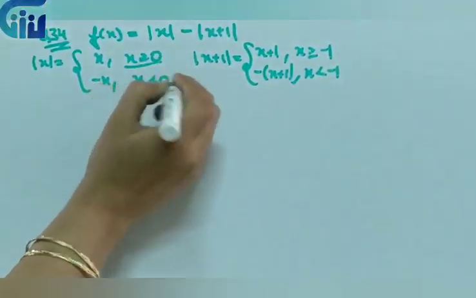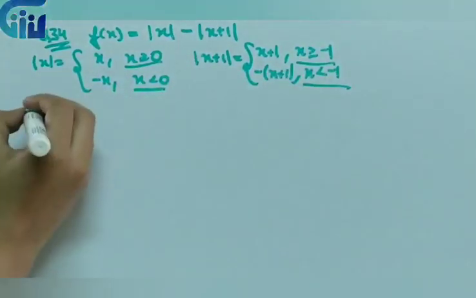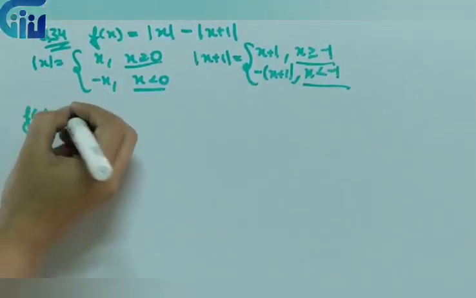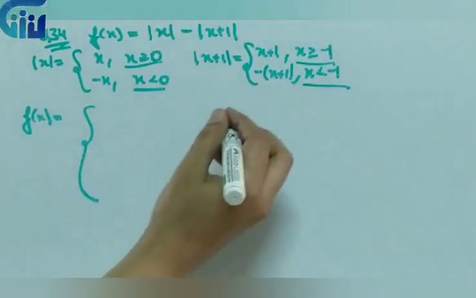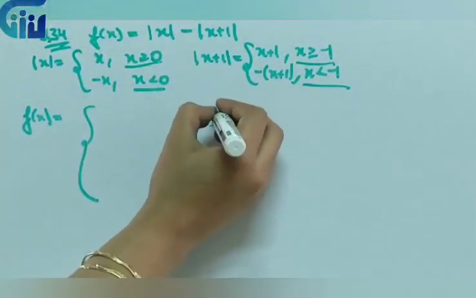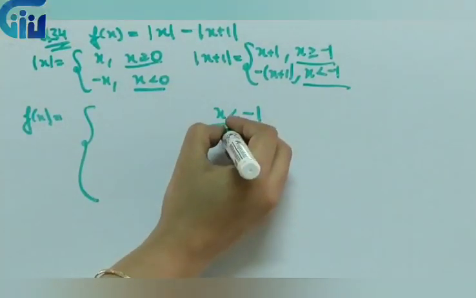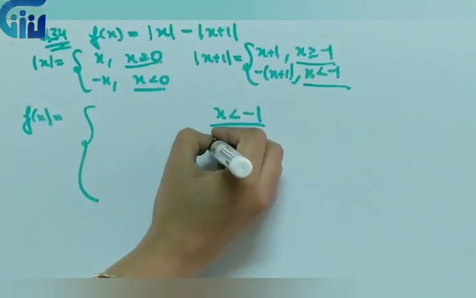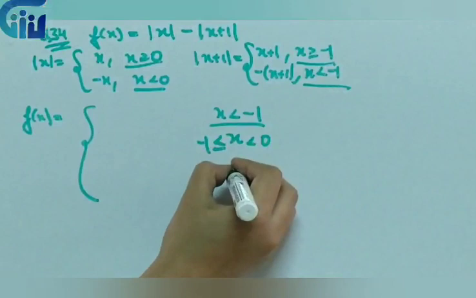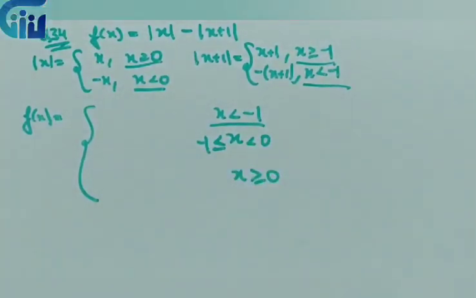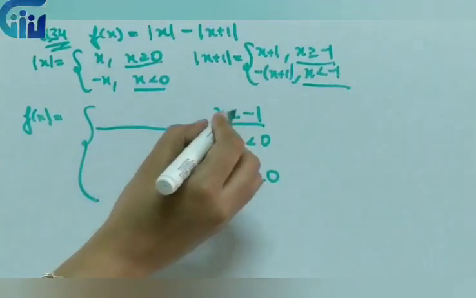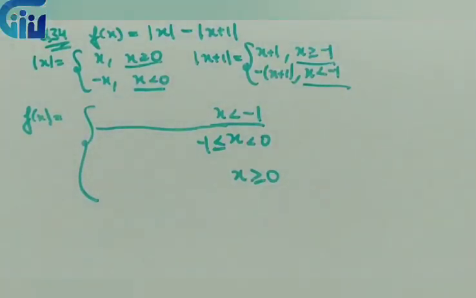So now we will see these 4 conditions. Out of these 4 conditions, since we have to redefine our function, what do you feel is the smallest condition? Yes, you are right. x is less than minus 1. Now, the next condition will always be between the two values. So what are the two values between which I can fix my x? Over here I have x greater than or equal to minus 1 and less than 0. Then last, x greater than or equal to 0. Over here, I'll first of all redefine my question. So it is x less than minus 1.